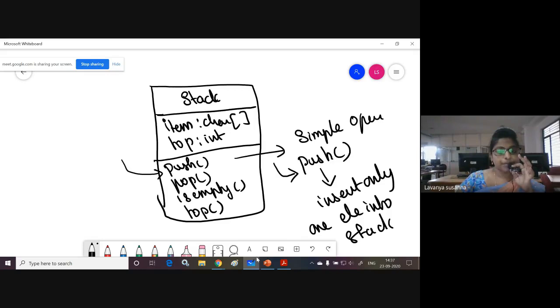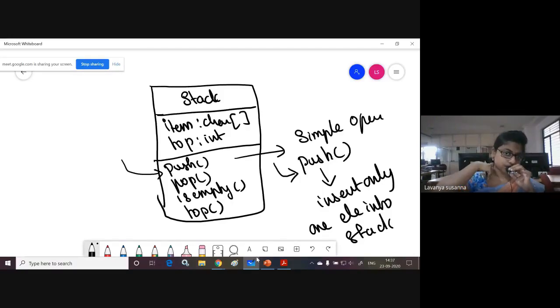First, you need to implement only the primitive operation. After executing, see here, this must execute correctly, right? That means one element must be inserted into the stack. If that is executed, later you can make it insert 10 or 100, and so on. Okay, many elements. I hope you understood.